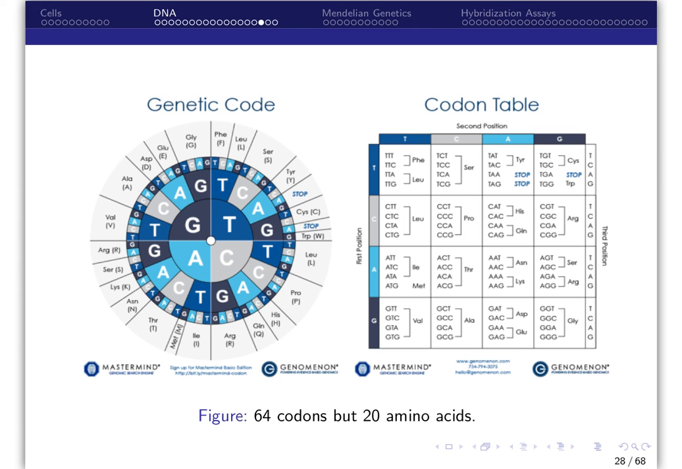acid each codes for. Notice if a base pair change results in a codon that codes for a different amino acid, this is known as a missense mutation. If a base pair change results in no change in amino acid, it is called a synonymous polymorphism, or silent